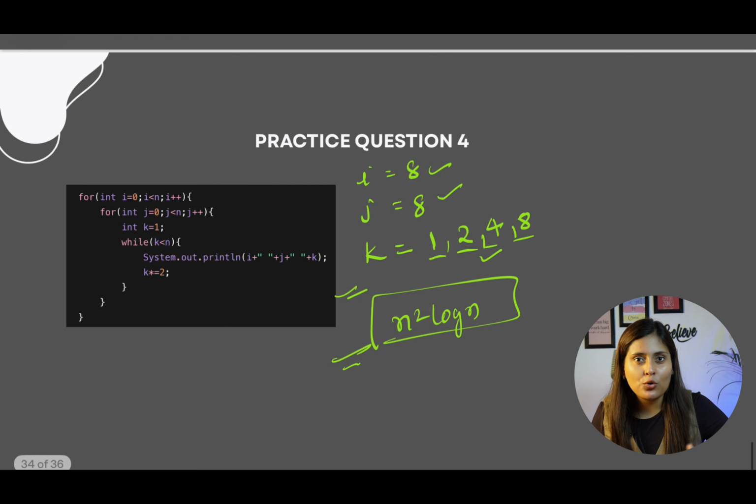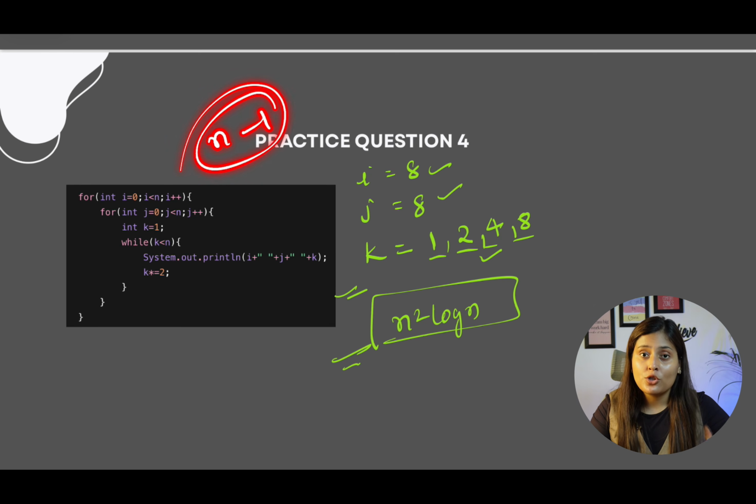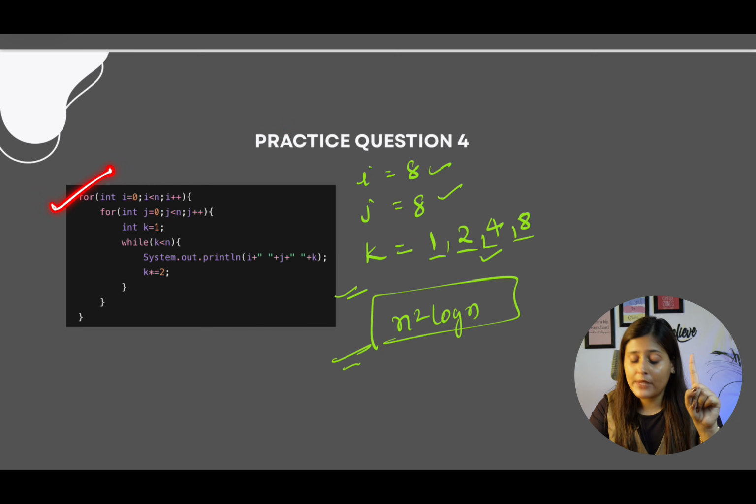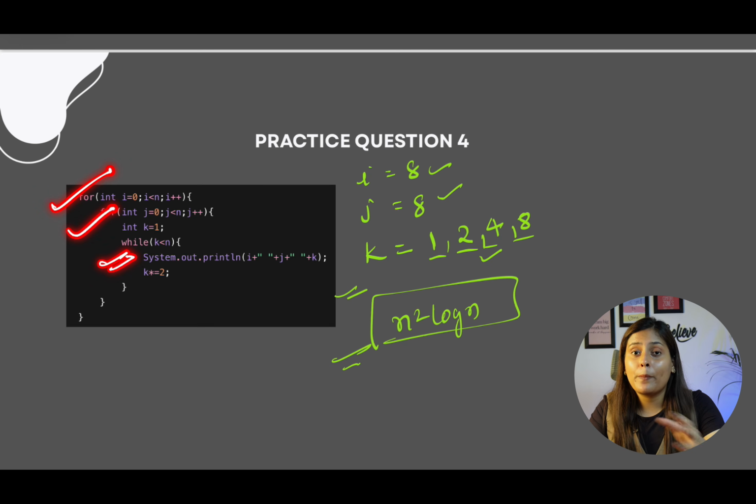Now if you are thinking how to think about the best case, definitely let's take the example n is equal to 1. So definitely the first for loop will run for, second for loop will run for, and third for loop will run, like while loop will run for, so means O of 1, correct? So best case might be different. In most of the cases, the worst case and the average case might be same.